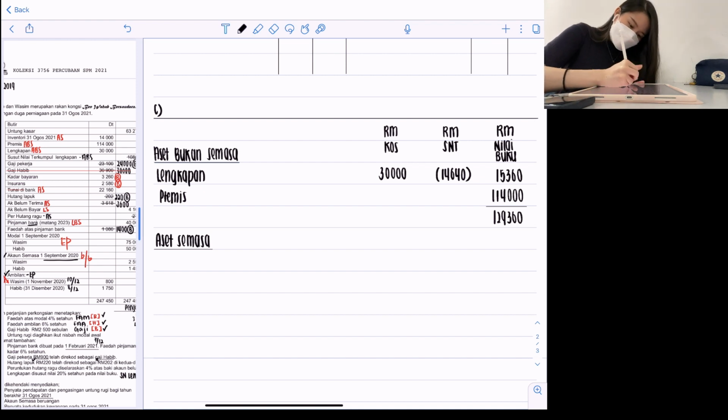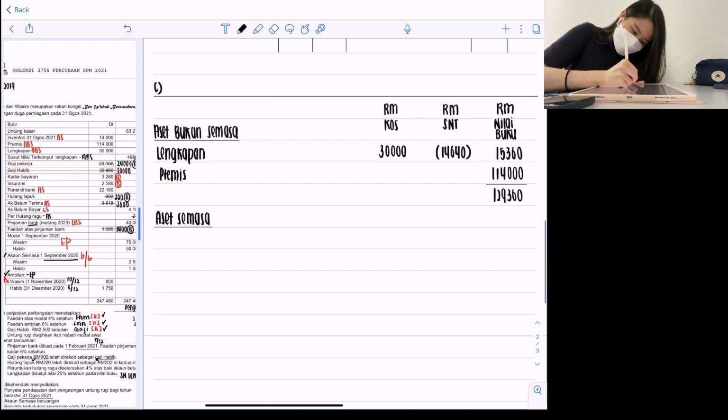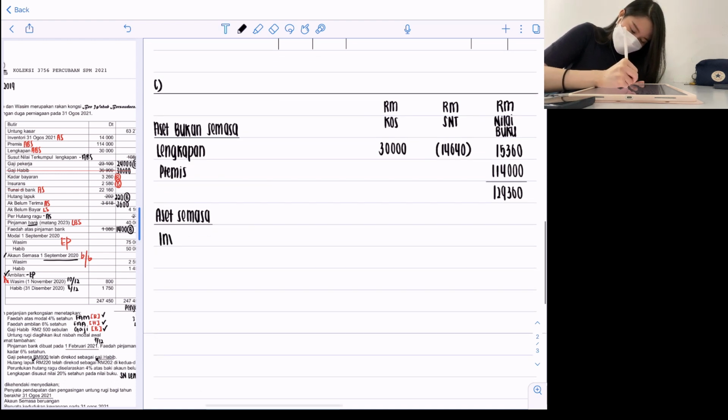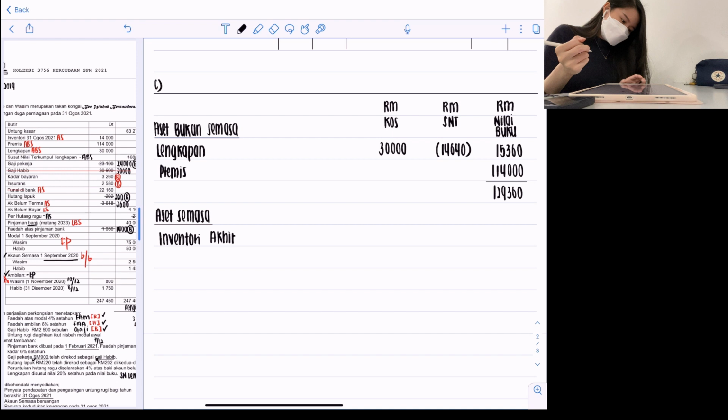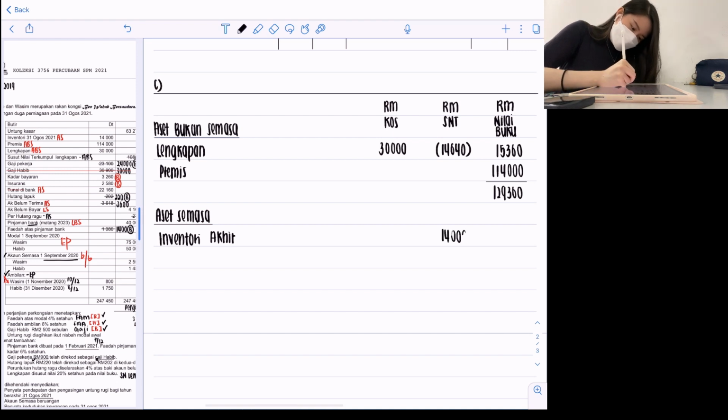So asset semasa, we start off from inventory akhir. Put it at the center to start from, 14,000. Okay, then the rest will come in together. The next asset I see is bank. Always start from top to bottom to check your list, yeah? Remember. So after bank, we have